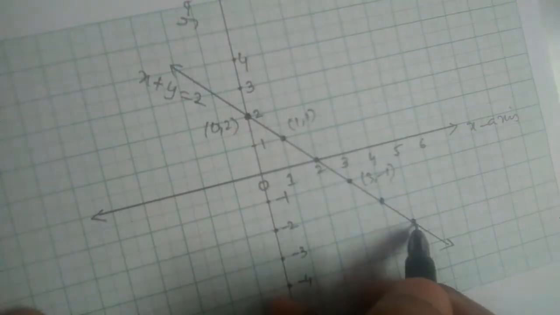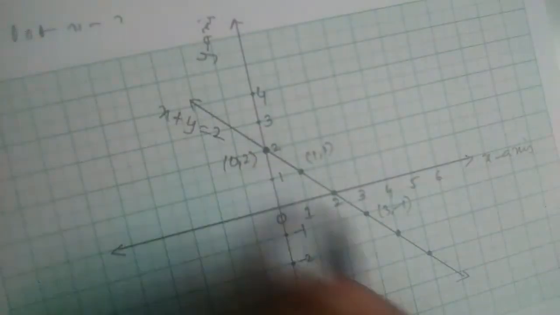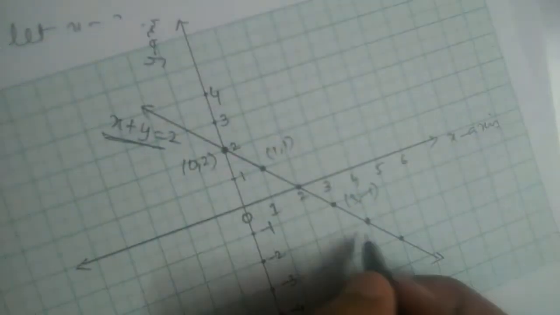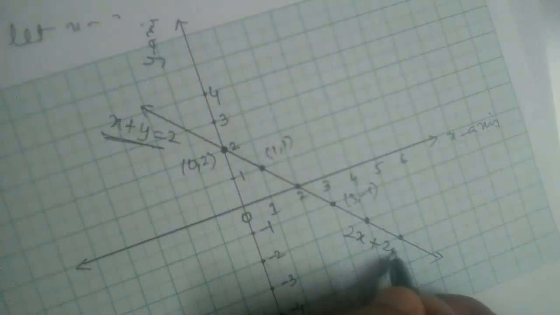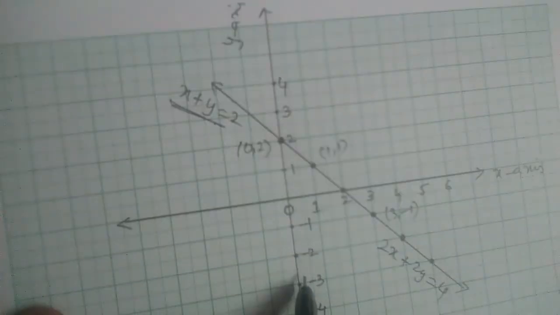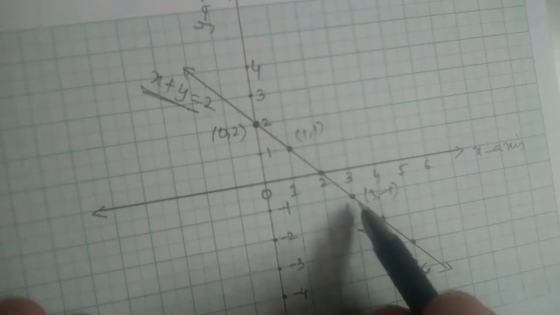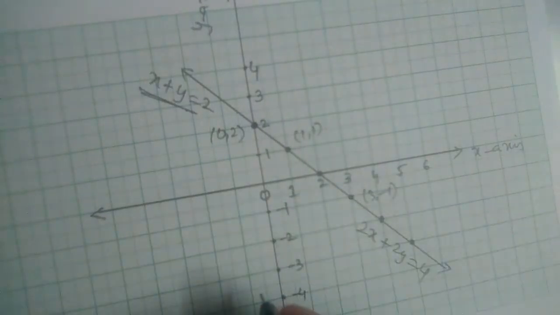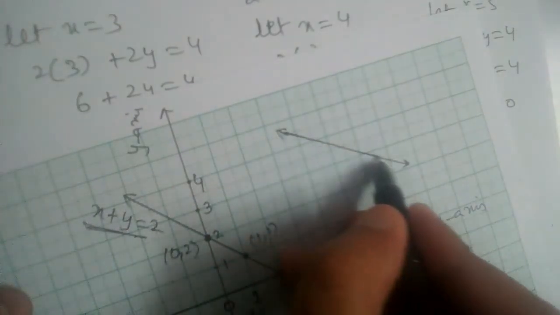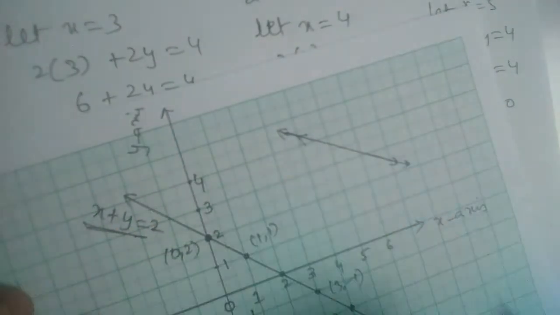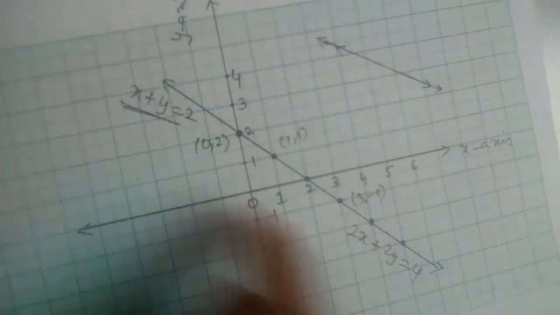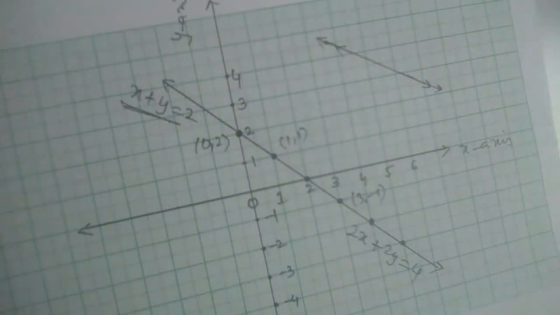Okay. So what did we observe here? These 3 points are lying on the same straight line only, right? The straight line x + y = 2. So what is this equation? 2x + 2y = 4, right? Second equation. So these two lines are lying on each other, right? So it is like this. First we have one straight line and on the same straight line we have another straight line. Okay, which means these two straight lines are actually one line only.